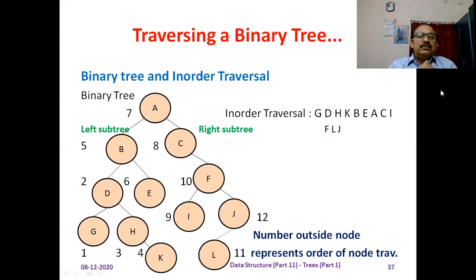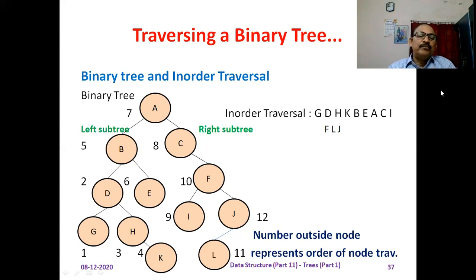You can see the root of the left subtree of node D is G. Is it clear? Now here you can see at this node, is there any left subtree? You can see no, null. Means what is the next step? We process the root node. Means we visit the root node. Means here we want to print the contents of the root node. And what is the root node at this place? G. So G is printed on the screen.